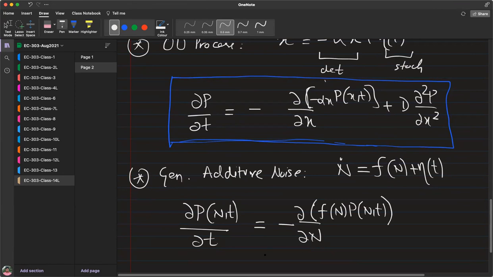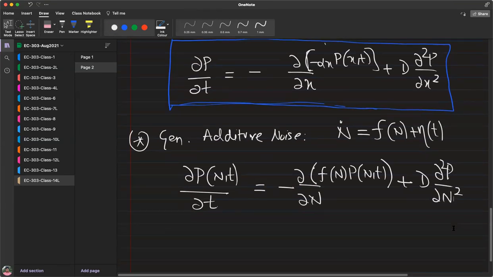So as I told you, the drift part will be determined by the deterministic part, and the diffusion part will remain the same. Is that fine? One way to see if this makes sense is, if it's a pure random walk, f will be 0, and therefore this term just goes away. If it's a biased random walk, this will just be a constant, and you get the standard diffusion equation.